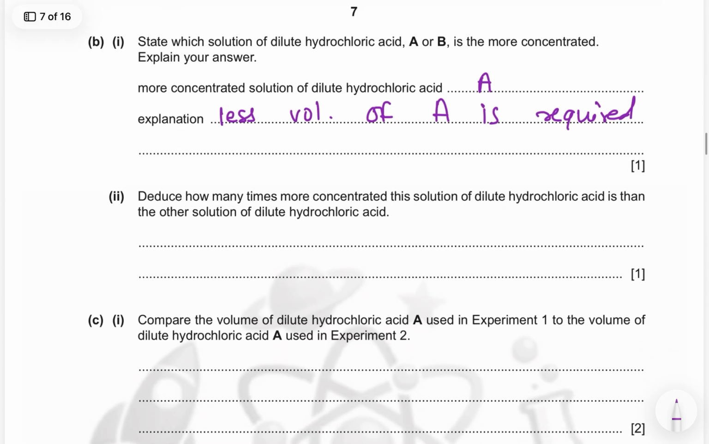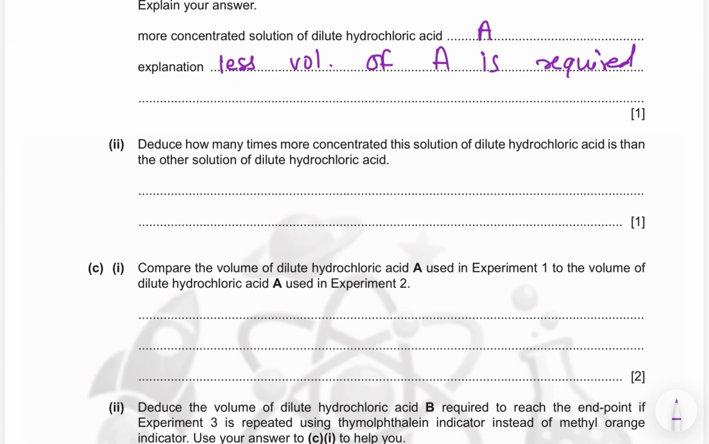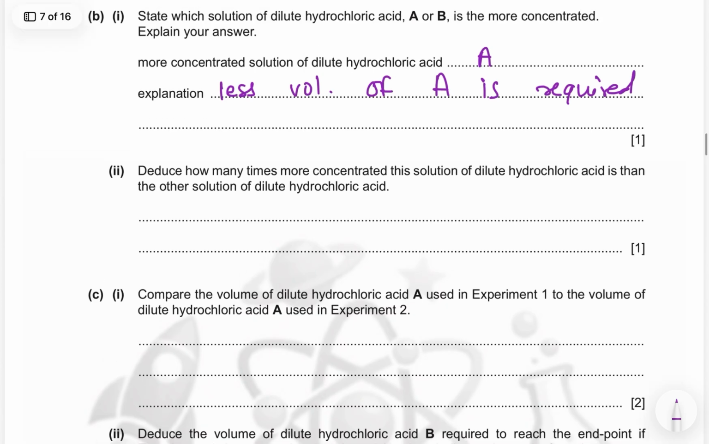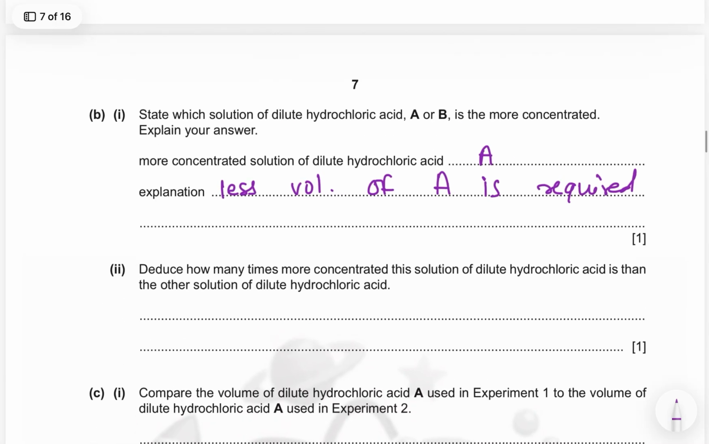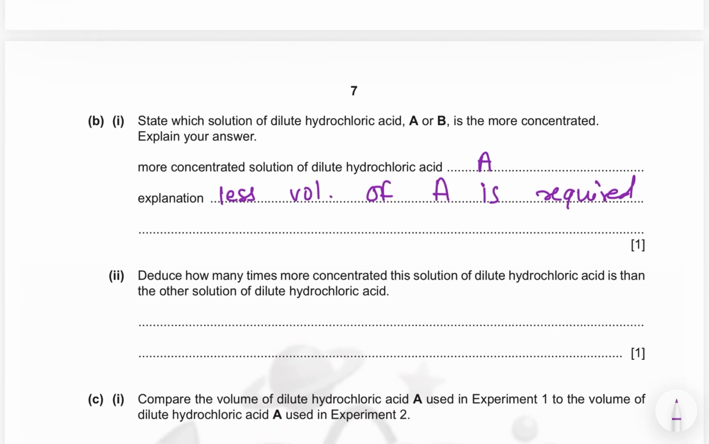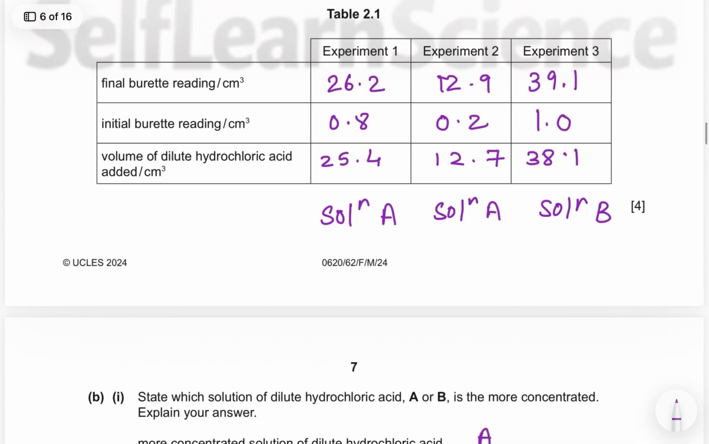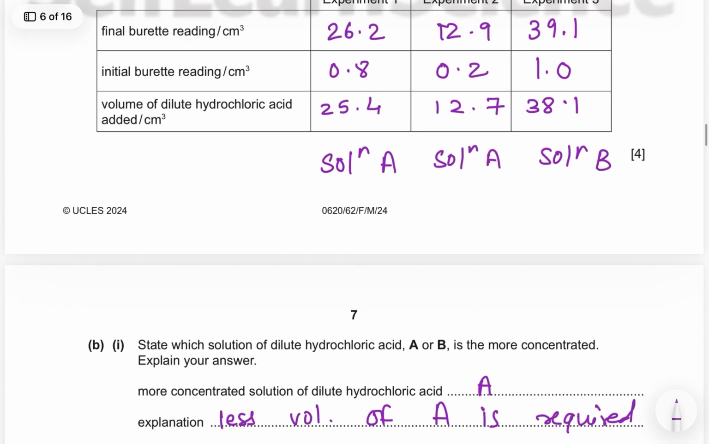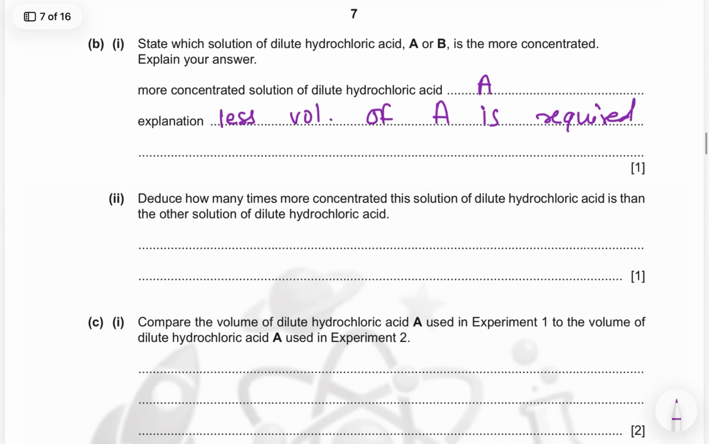Next one. Deduce how many times more concentrated the solution of dilute hydrochloric acid is than the other solution of dilute hydrochloric acid. So here we have to compare how much these two solutions A and B are different from each other, how many times they are different. So we are supposed to divide the values 38.1 by 25.4. So 38.1 divided by 25.4 is going to give me 1.5. So it is 1.5 times